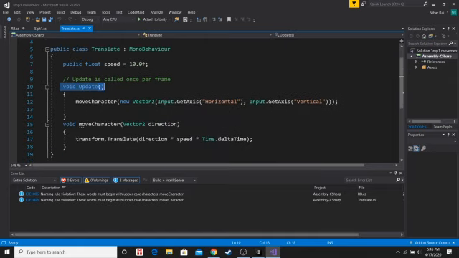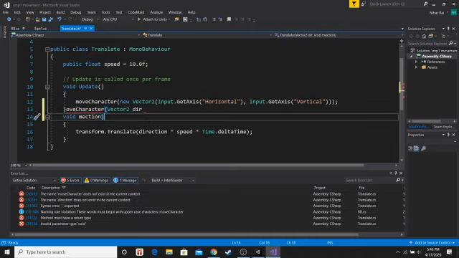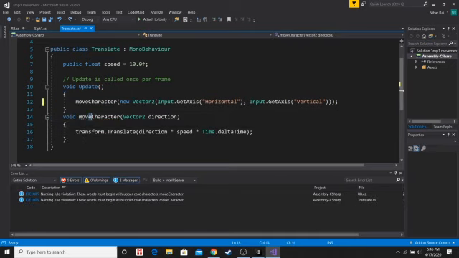So void update, as I previously mentioned, checks each frame of the game on what is happening in the game. Here I have something called move character. Move character is this function down here, and it'll take a vector. A vector 2 implies that it's a 2D vector, so only an x and y component exists. If it was a vector without the 2, it implies it's a vector 3, which would have three dimensions. So the new vector 2,